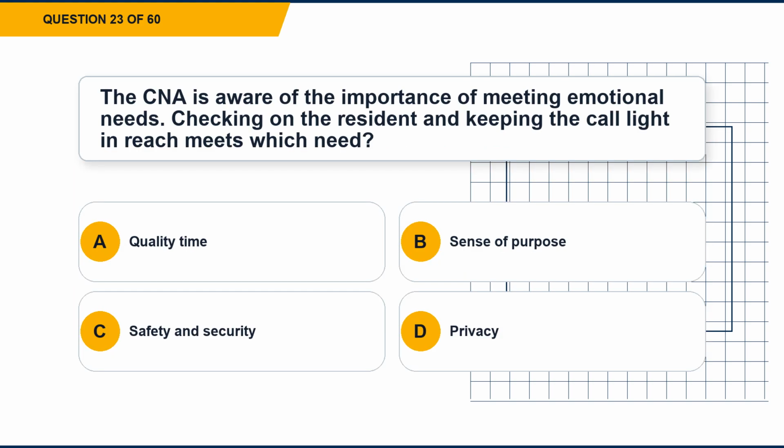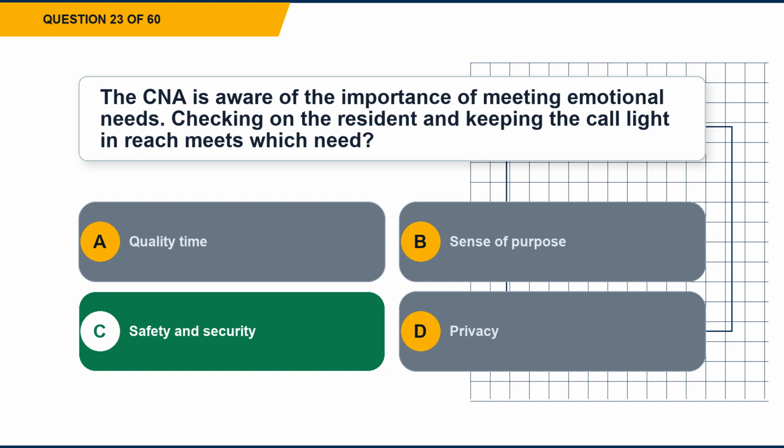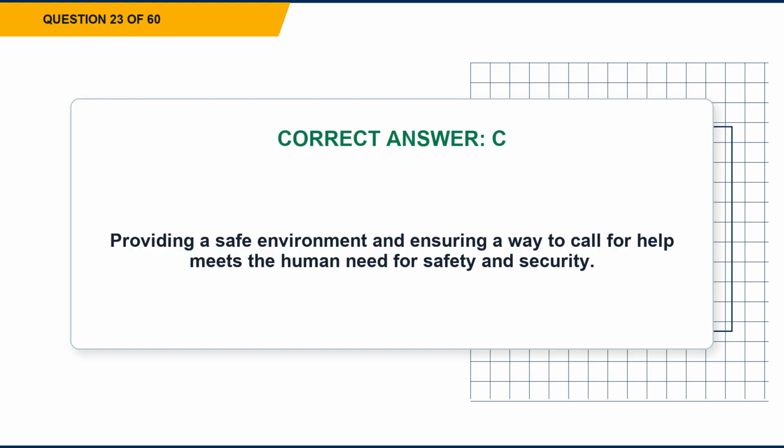Question 23. The CNA is aware of the importance of meeting emotional needs. Checking on the resident and keeping the call light within reach meets which need? Option A, quality time. Option B, sense of purpose. Option C, safety and security. Option D, privacy. The correct answer is option C, safety and security. Explanation: providing a safe environment and ensuring a way to call for help meets the human need for safety and